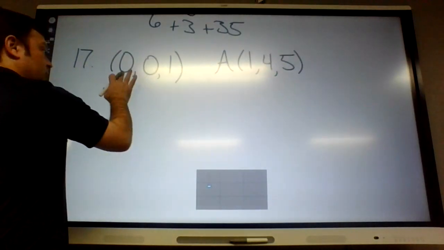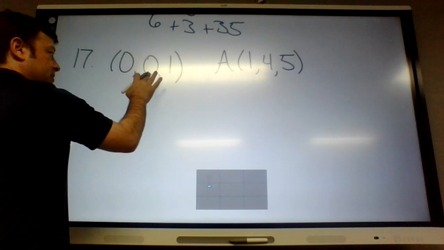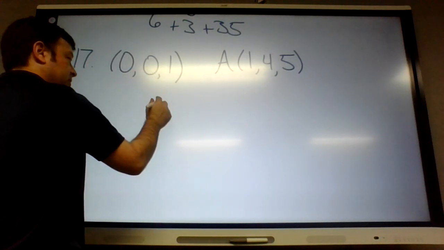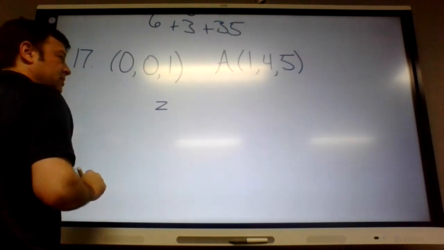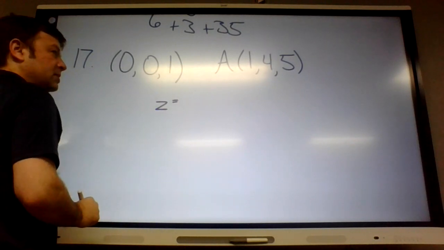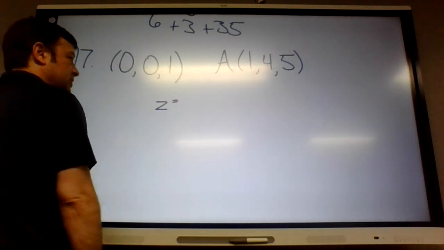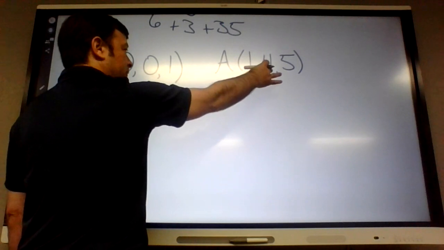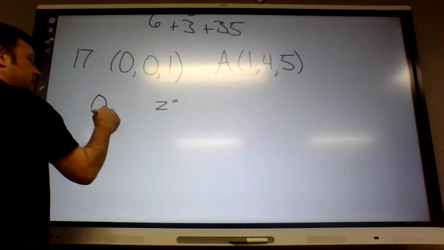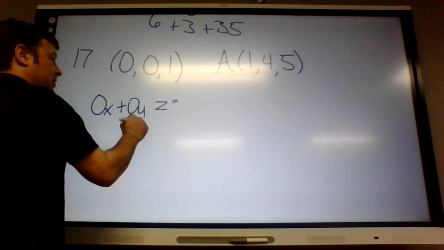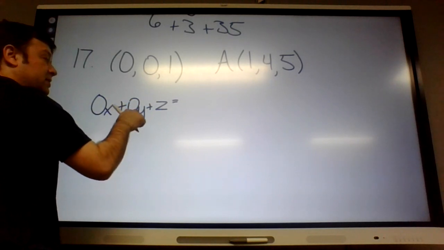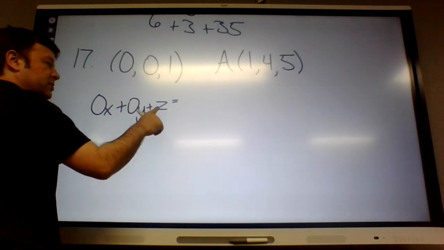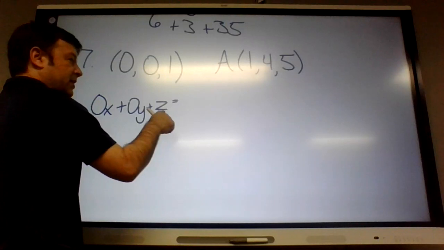Okay, so the x and y coefficients are 0. There is no x and y coefficient. The z coefficient is 1. So it's just 1z, or z equals what? Well, if I plug in 1, 4, and 5, since there's no x and no y, the 1 and 4 just disappear into the zeros. And the z is 5, so it's just